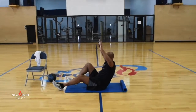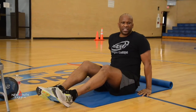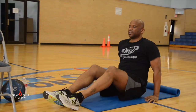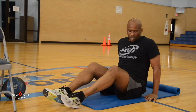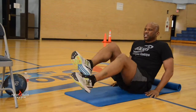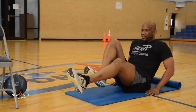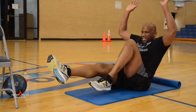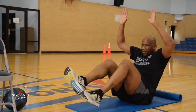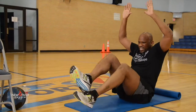I got bicycles, hands up, and also there's hands down. Let me start with hands down, give you the low impact way or the modified way of doing it, all right? Got my hands right down just below my shoulders, propping me up, and I got my legs going. 1, 2, 3, 4, 5, 6, 7, 8, 9, 10, 11, 12, 13, 14, 15, 16, 17, 18, 19,